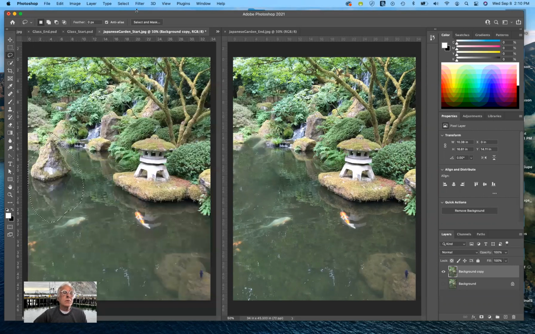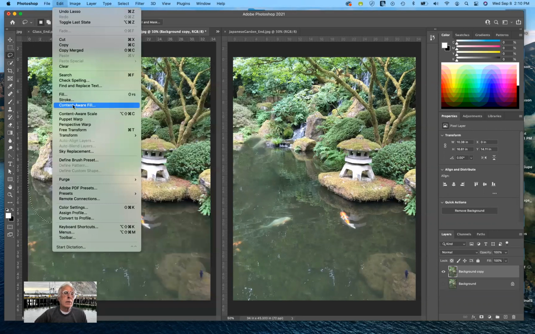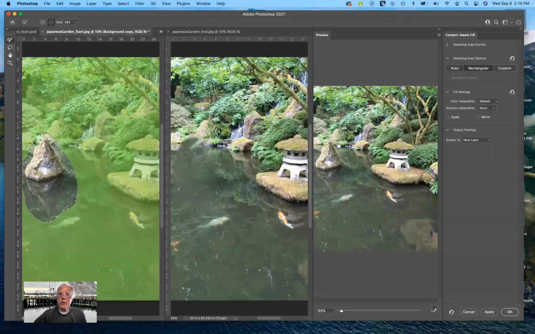So what I can do is I'll come back again and I'll go to Edit. And I'm going to go to Content-Aware Fill again and see if I get just a little bit better results. Not too bad. It's better than, again, it's better than what they have. But I'm going to go ahead again and I'm going to carve away a whole bunch of what they have, what may be used to fill in,